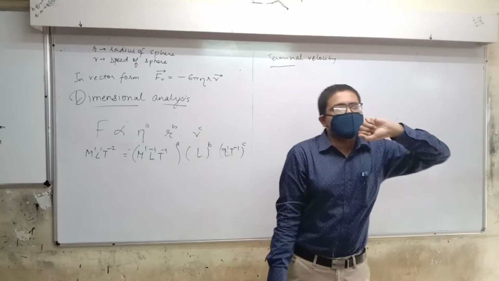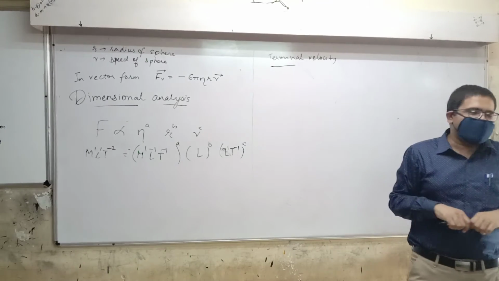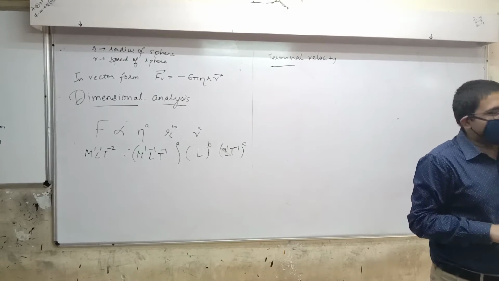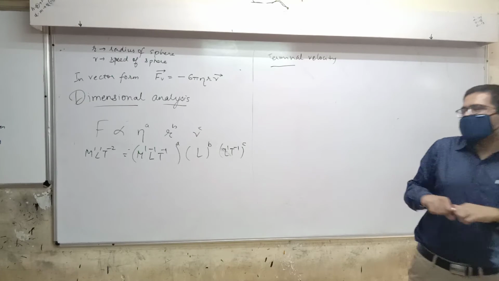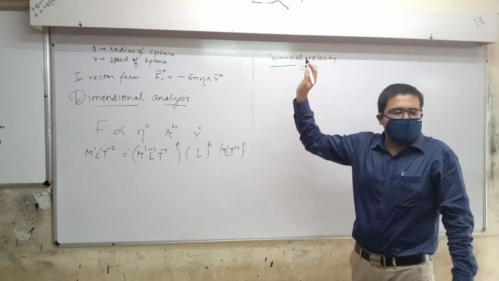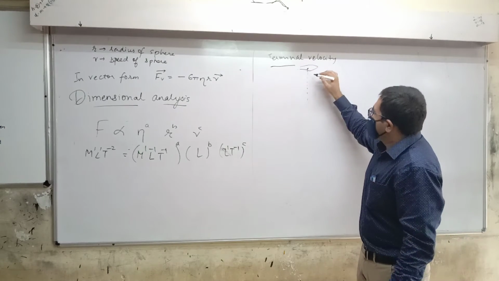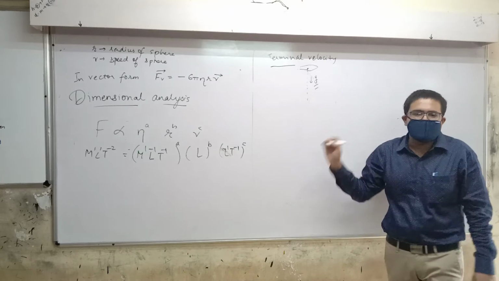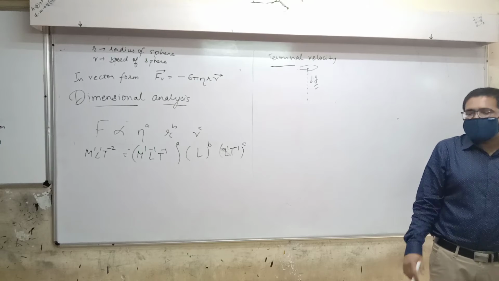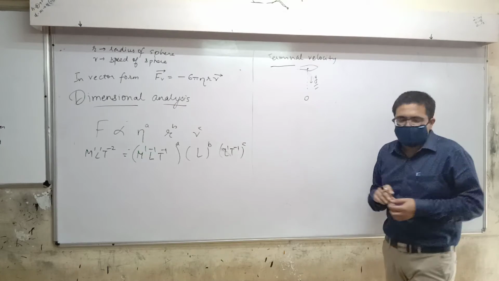Terminal velocity is the velocity at the end. You should thank that there is terminal velocity. Otherwise, when a raindrop falls on your head, it will hurt very badly. See, what happens is as follows. Let's say that there is some cloud at some height, maybe 1 kilometer. From that height, a water drop will fall. Now, you know that as it falls down, it's going to get an acceleration g. So speed keeps increasing, correct? That doesn't happen. At some point, what happens is when that droplet, which is approximately like a sphere,